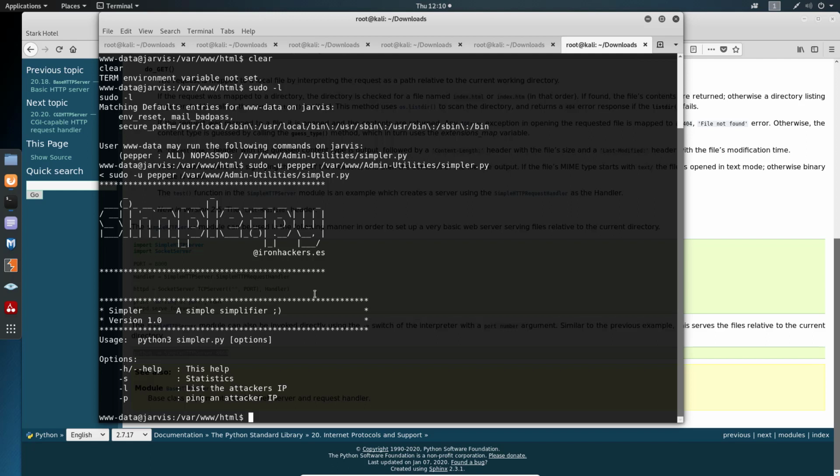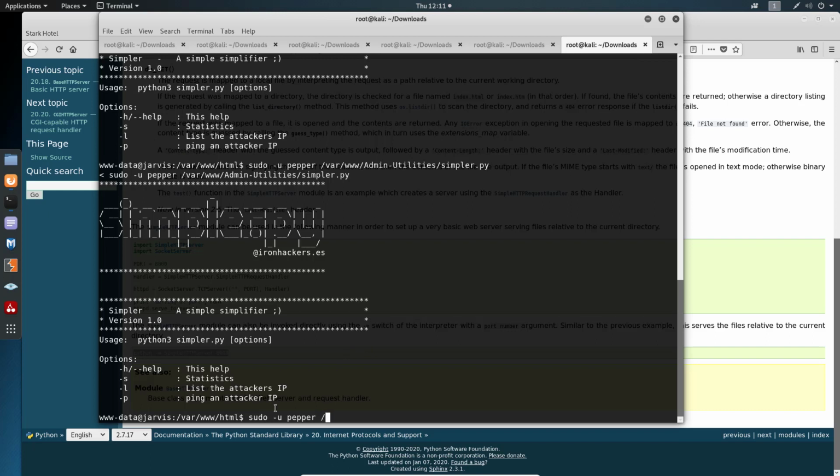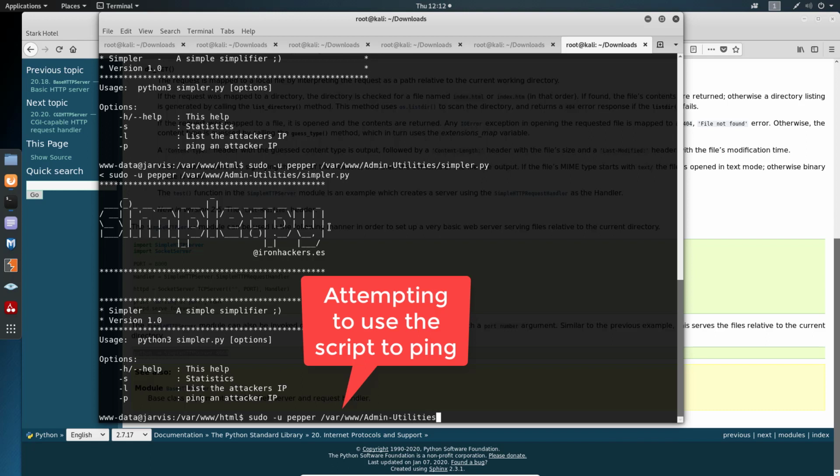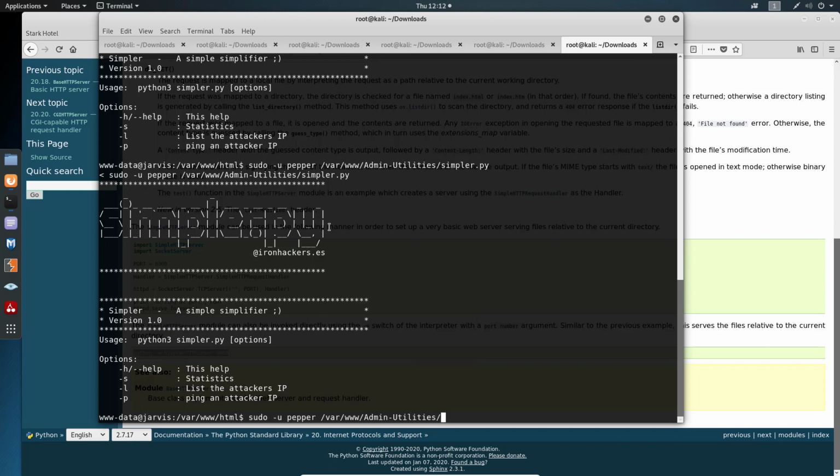Alright, so we do have a script in here, and it looks like it's a Python script. And from these options down here, we can get some statistics, we can list attacker's IP, we can ping. Alright, so that's interesting. And this is in var/www/admin-utilities, simpler.py,